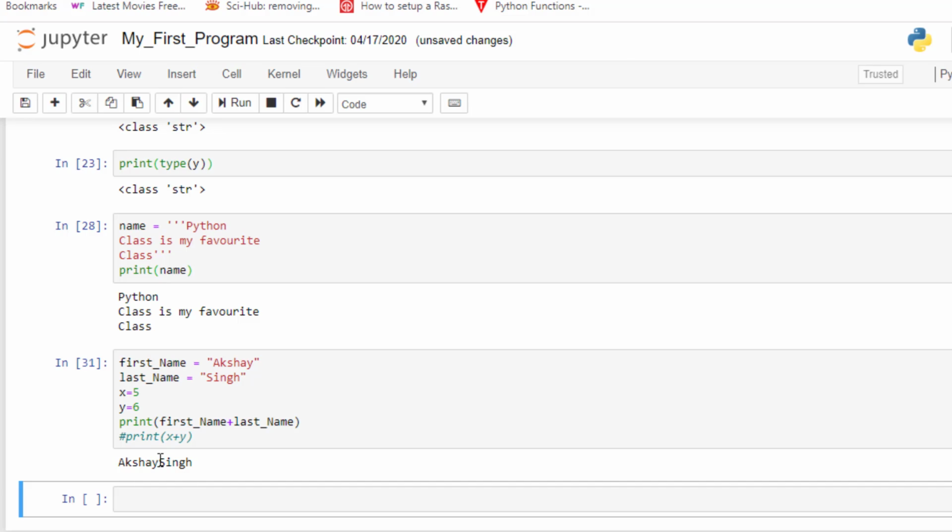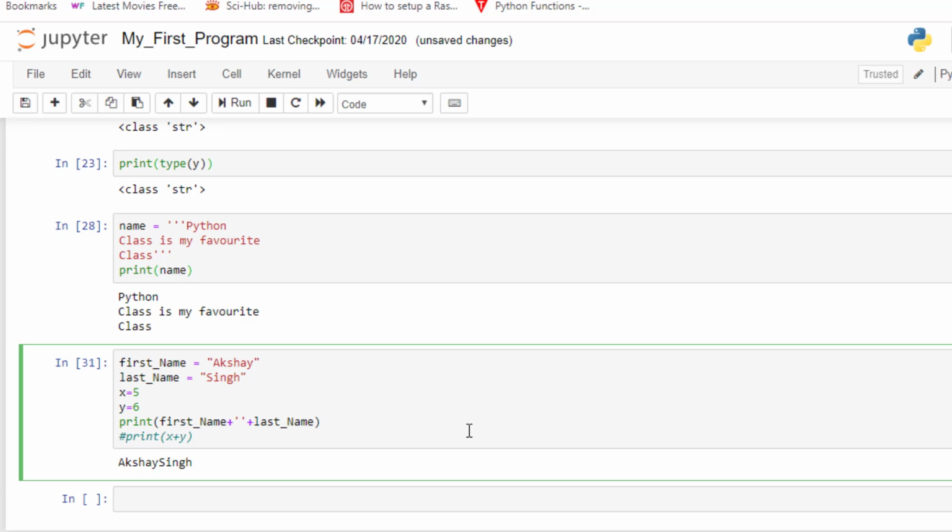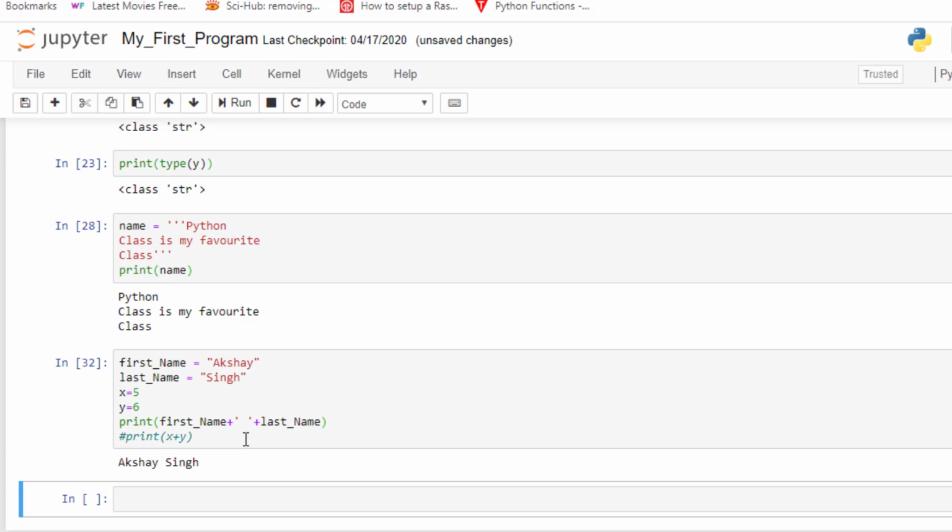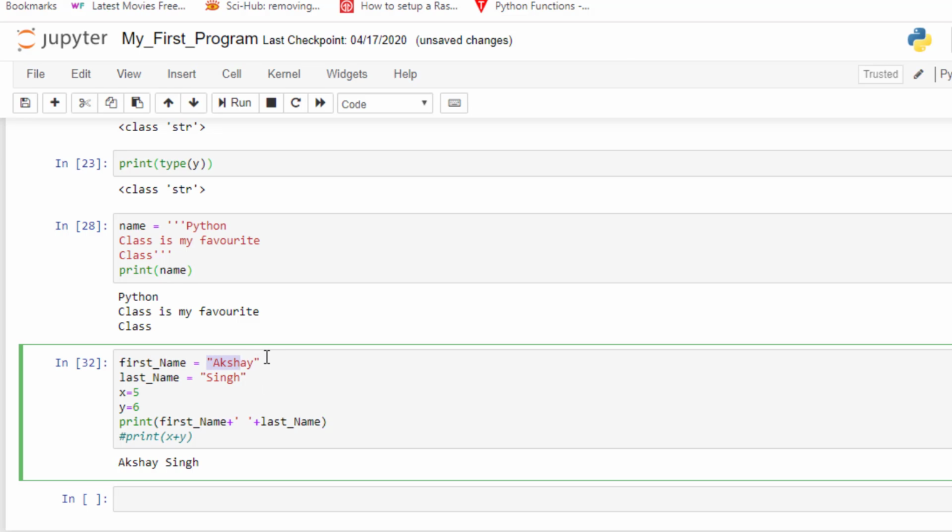But hey, there is no space in between these 2 strings. So let's add a space in between. Very nice. So in this way we can put a space in between 2 strings. Now these 2 strings have been assigned their values while writing the program. What if I want to take the input from the user? What should I use? Well, we have to use the